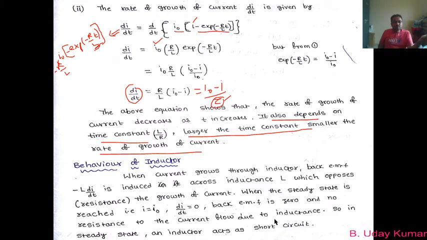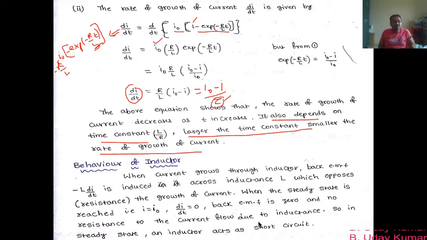So when current reaches its maximum value, the resistance to the current due to the inductor automatically becomes 0. Because of that, in steady state, an inductor acts as a short circuit. Short circuit means though there is an inductor, we cannot feel its presence. For example, if someone is trying to stop me while I am walking, I can feel his presence, right? If no one is stopping me, even if he is there, I can assume as if he is absent. So that meaning is called a short circuit.